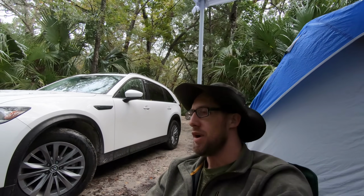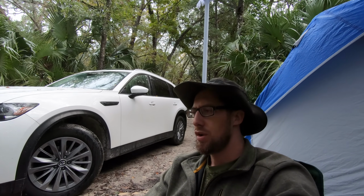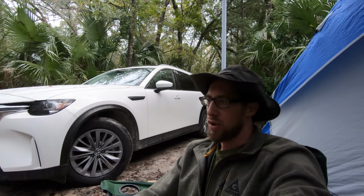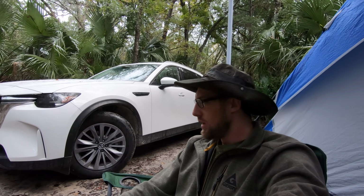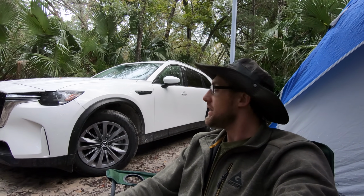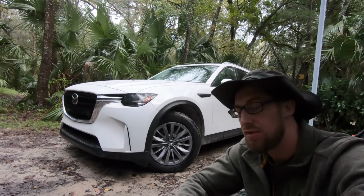So yeah, hopefully it'll stop raining at some point today, and the plan is to do a little bit of hiking on some hiking trails around here. And there's another place I want to check out called Three Sisters Springs. It's one of the springs that they have here in Florida with the crystal clear water. And then I'm gonna try to show you guys a little bit of this campground here. Campsites are really nice,